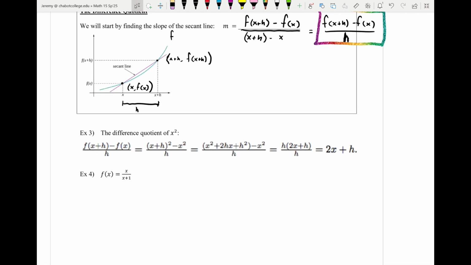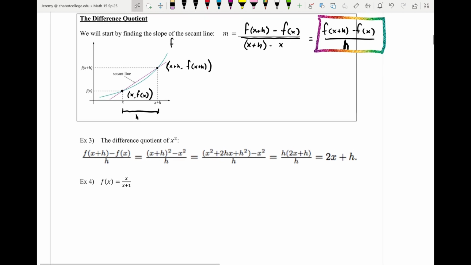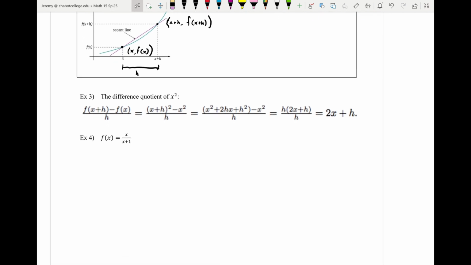So what we'll do is we will be looking at specific functions and trying to compute the difference quotient for that given function. And here's what it's going to look like. What it involves is taking this formula for the difference quotient that we just found and then substituting in a function. So the thing that's tricky about this is I think we're used to plugging values into functions, you know,